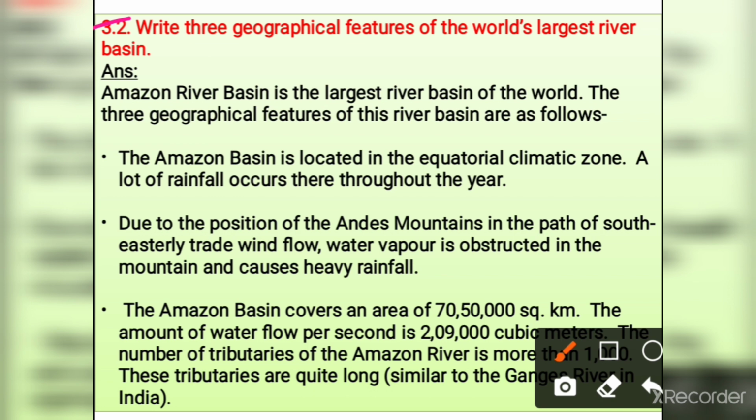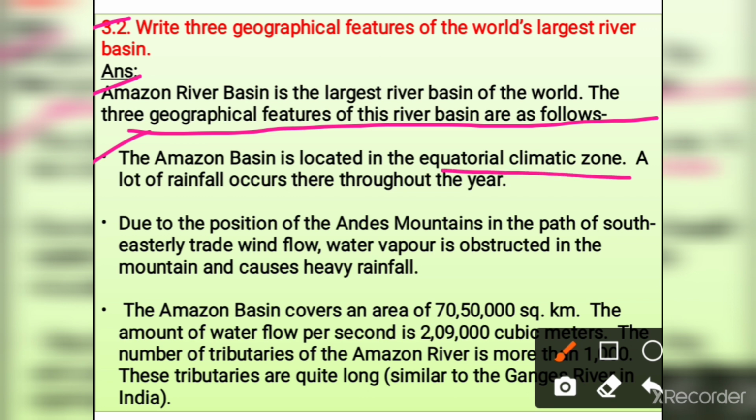We know that the Amazon river basin is the largest river basin of the world, and the three geographical features of this river basin are as follows. Number 1, the Amazon basin is located in the equatorial climatic zone, and a lot of rainfall occurs there throughout the year. We know that in the equatorial climate type, there is high temperature along with heavy